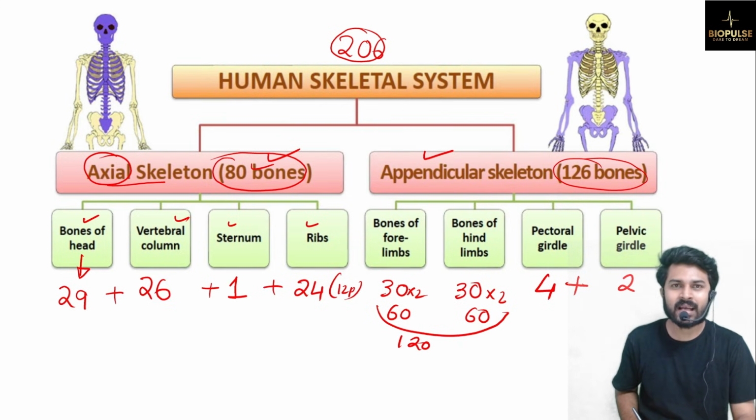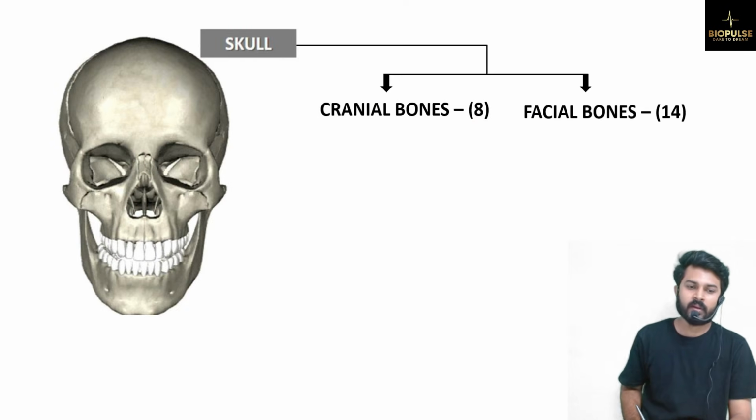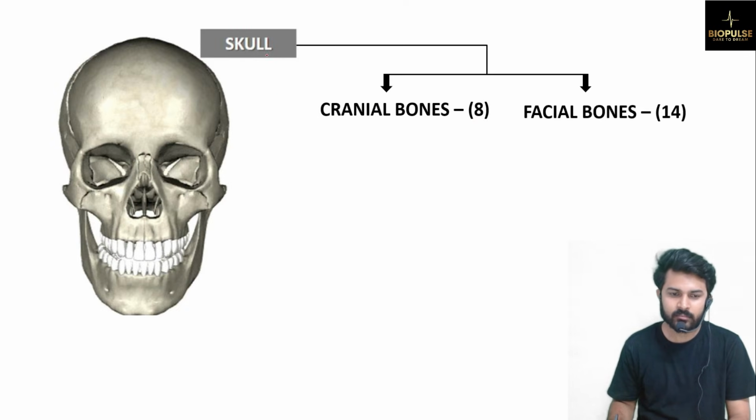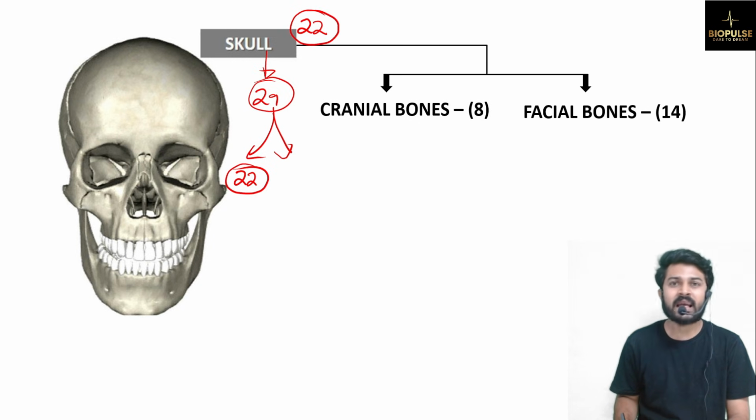Now the bones of the head, that is skull skeleton, I told you. Fine. In the skull skeleton, a few things we need to know. This skull skeleton will have 29 bones, I told you. Out of that 29 bones, 22 bones will be there in the skull region. So how many bones in the skull, if they ask, you have to tell 22. In skull skeleton, if they ask, you have to tell 29. Fine. Or head they ask, means 29. Now we got to know about these 22 bones.